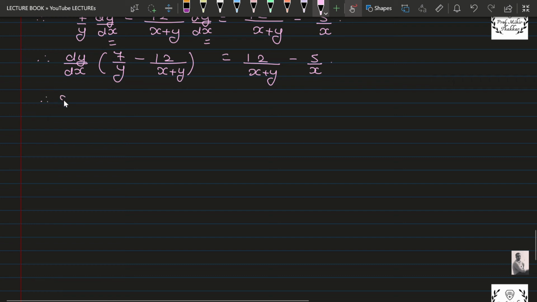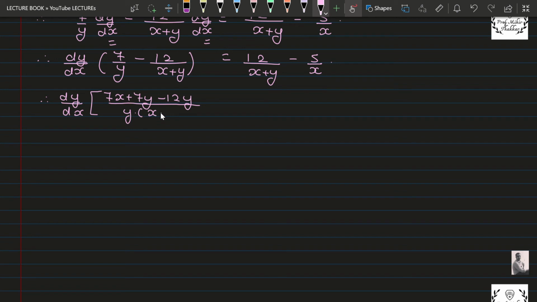So very carefully, because there are lots of signs involved, 7x plus 7y minus 12y upon y into x plus y, 12x minus 5x plus and minus is minus 5y upon x into bracket